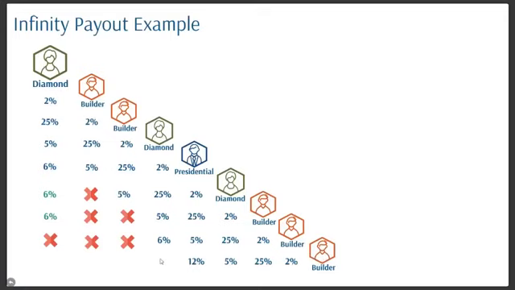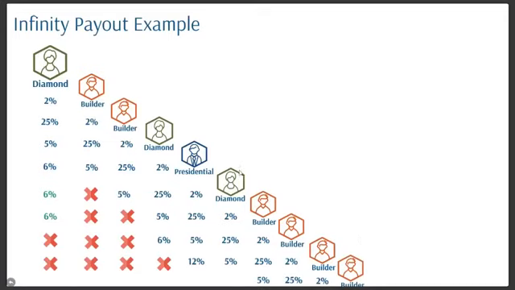So what would this diamond get on this builder's 100 LP? If you said 0, congratulations, you're doing a great job, and I'm an awesome teacher. I'm just kidding. But yeah, we've already paid 4 percentages, so we're going to look for the next person in the upline organization that qualifies to receive that fifth percentage payout, right? So let's look at an example of one of the nuances to the 4Life infinity payout benefit.